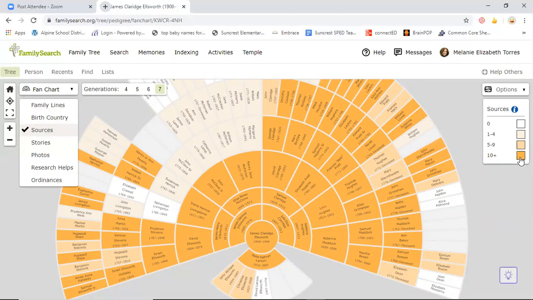So if I'm trying to pick an ancestor to research, I probably won't choose somebody who already has over 10 sources attached to them, but maybe somebody who has only 1 to 4 or even 0. And the more sources you have, the more solid your research. So it's a great place to look to know who needs a little more